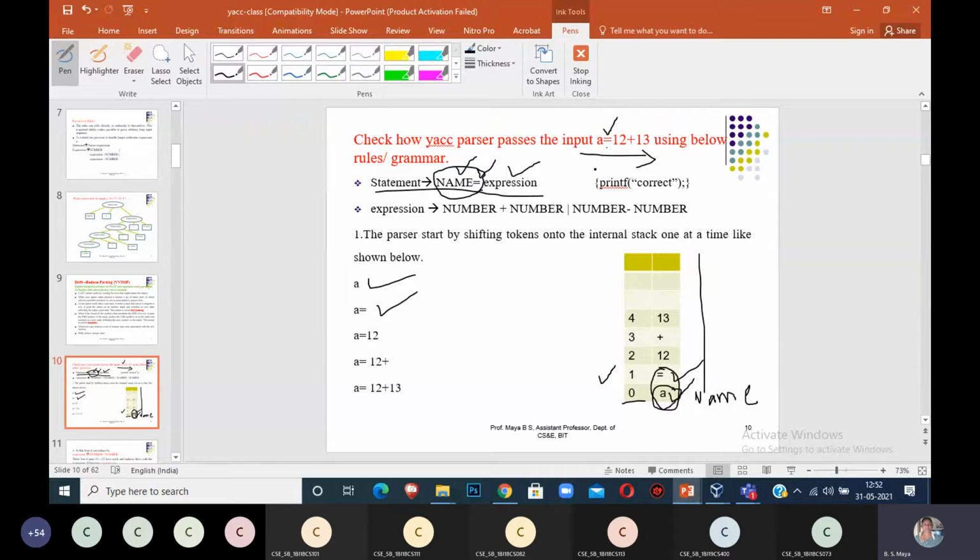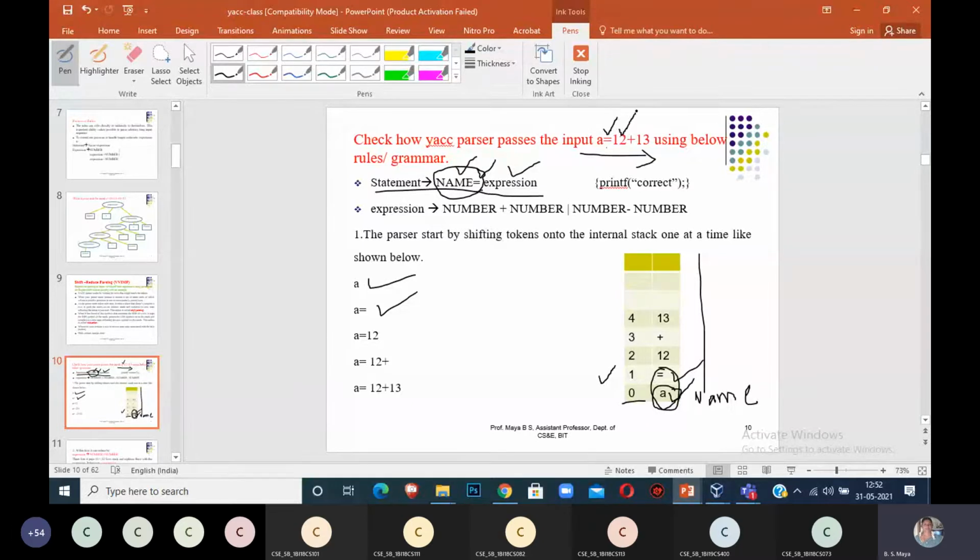See what I am doing now? I am doing the shifting operation. When input is read from left to right, I get the tokens. Those tokens are shifted onto the stack. It is called shift parsing. The shift action I am doing is for all those tokens. The next step, I move on to the next thing.